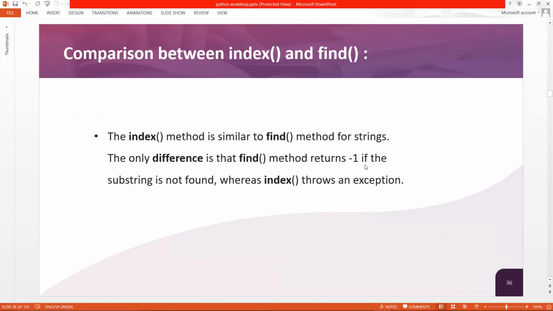Find gives -1, but index gives an error, an exception. So this is the difference. Where you want to stop the project right there, you don't want to execute the project any further, we will use the index keyword. But if we want the project to keep executing even if the letter or word is not present in this string, we will use the find function. Am I clear till this?